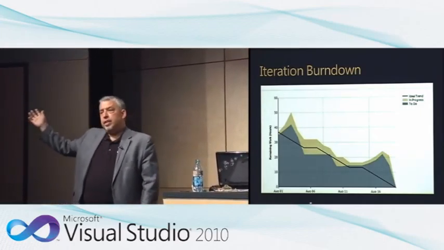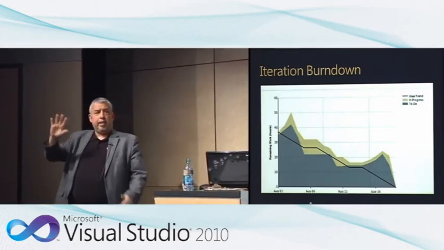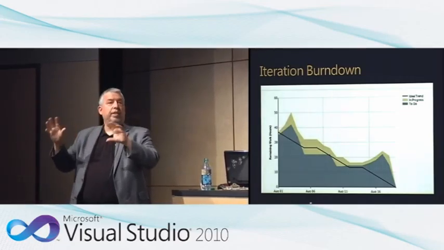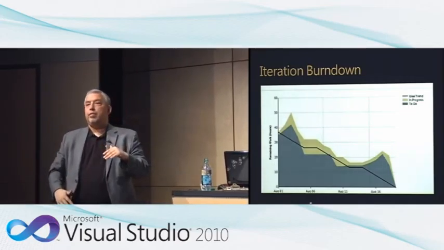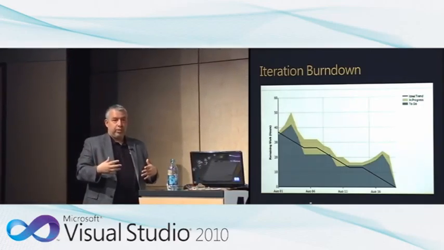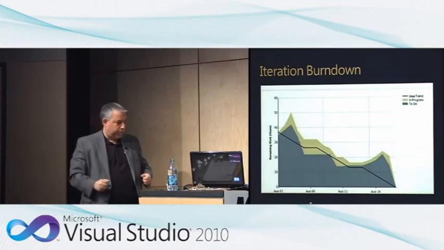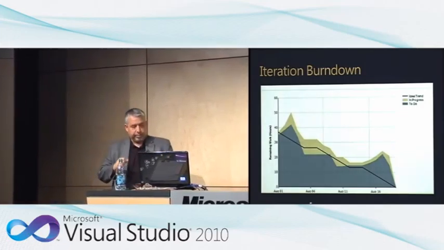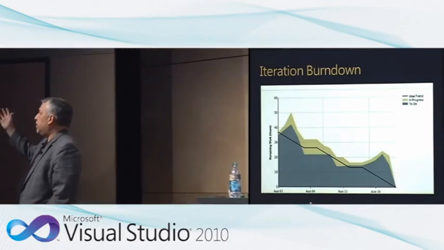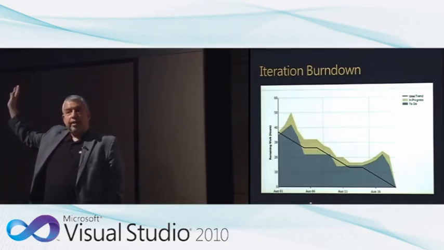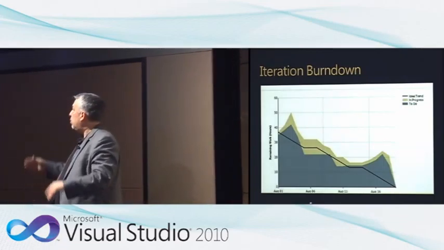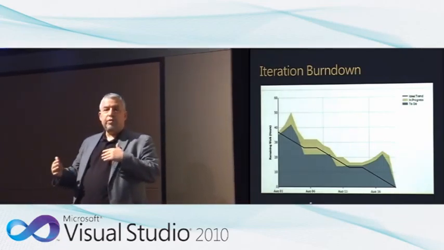So the first is the iteration burn down. As part of the template, you have a portal where you have these 4 reports available, and the backlog, available through a web browser going to the SharePoint portal that comes with every TFS project. So the iteration burn down is the same as we have in Scrum and Agile. So at the beginning, we have all the tasks that we've estimated work, and as we close them, we see how fast we're closing the work, we see how much is open,